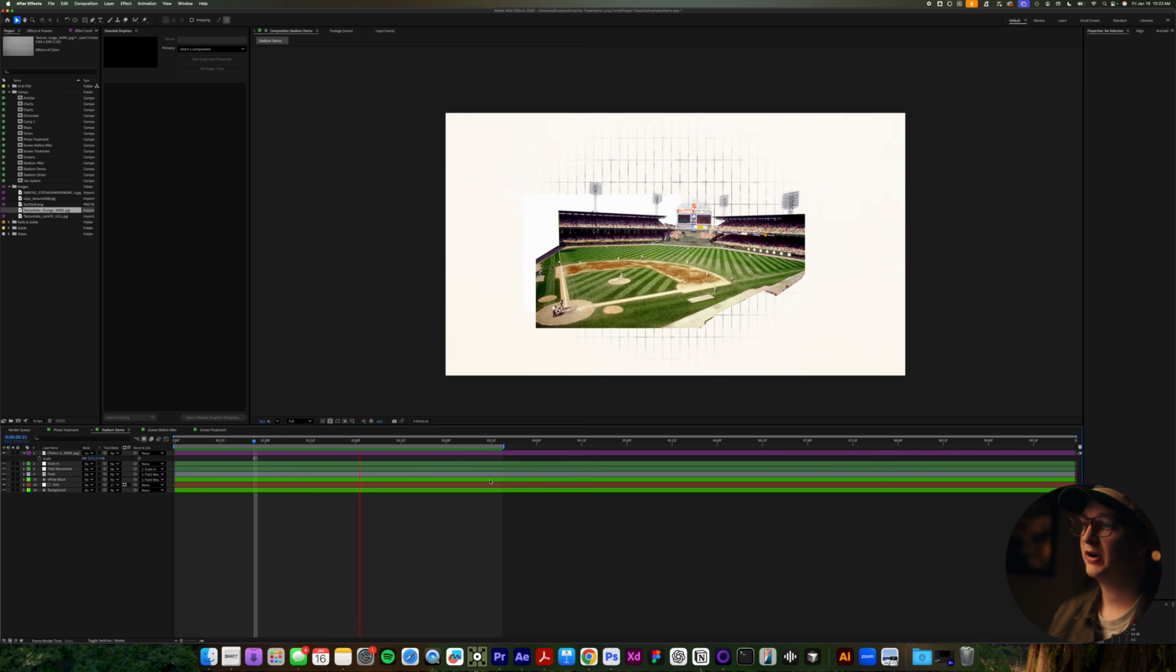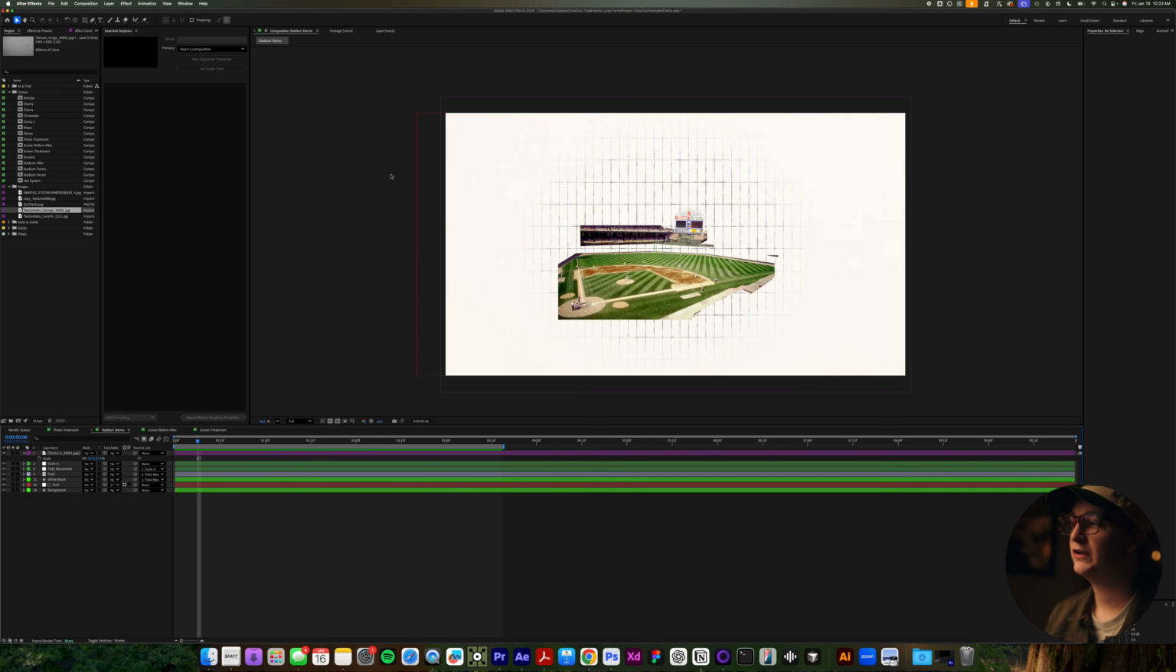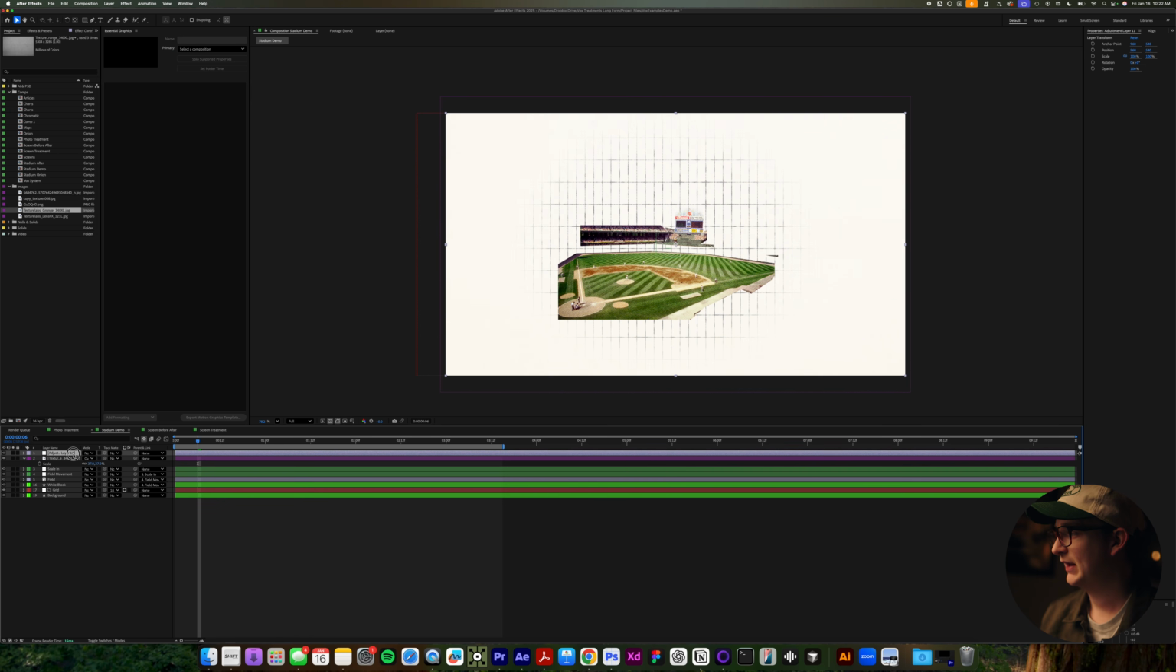All right, this is looking pretty good already. Let's take it a step further. What I'm going to do is add an adjustment layer over everything. Go to Layer, New, Adjustment Layer, and let's name this Chromatic Aberration and Vignetting. So first thing I'm going to do is add chromatic aberration, and there's a free plugin called Quick